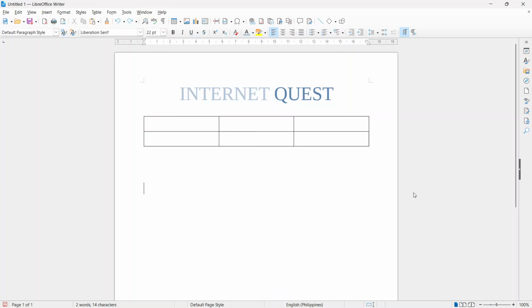In today's video, I'm going to teach you how to split cells in LibreOffice Writer. We'll keep this quick and easy to follow. So if you're working with tables in a Writer document and need to divide one cell into multiple sections, this